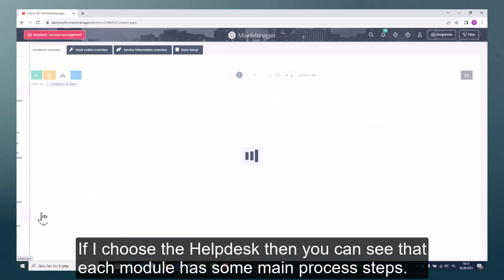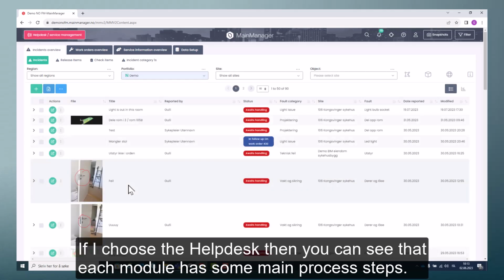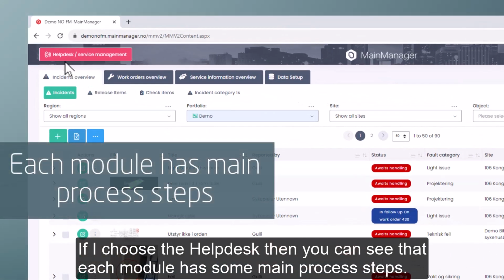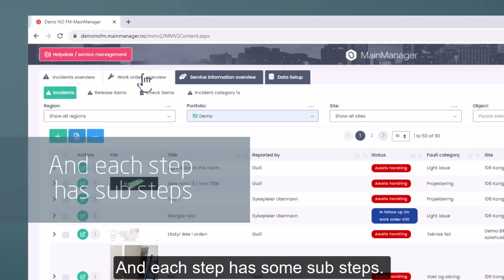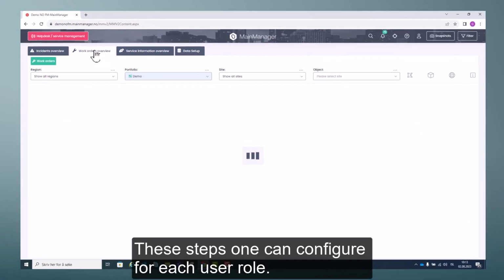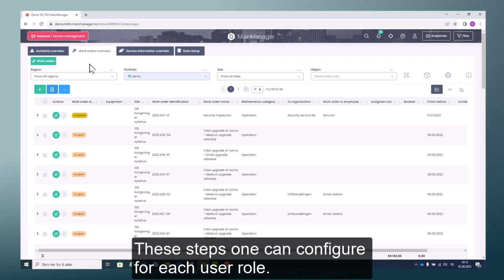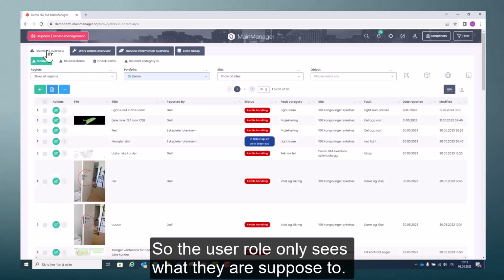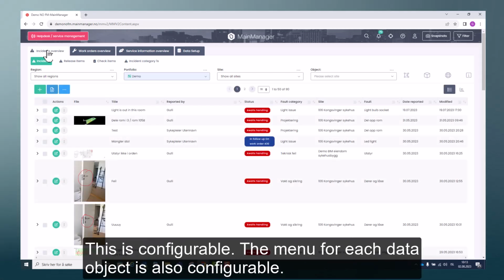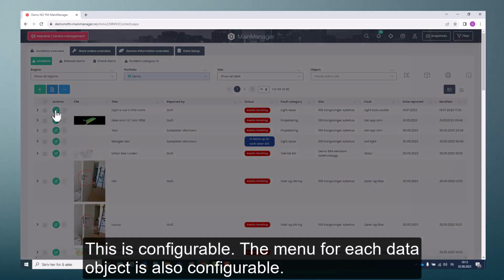If I choose the help desk again, then you can see here each module has some main process steps, and each step has some sub-steps. And these steps one can configure for each user role. So the user role just sees what they are supposed to. And this is configurable. Also, the